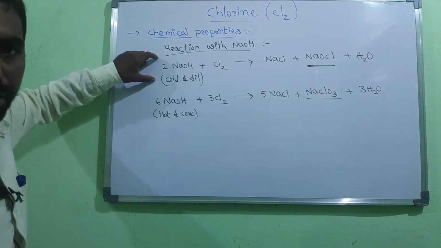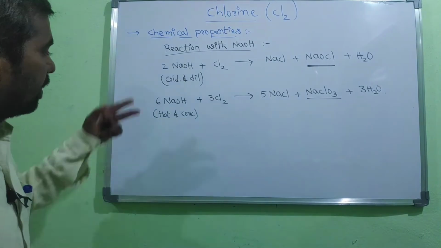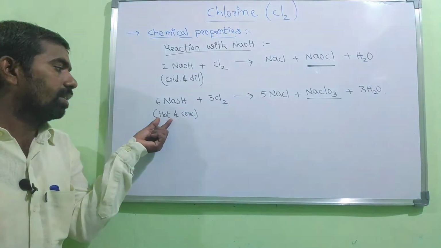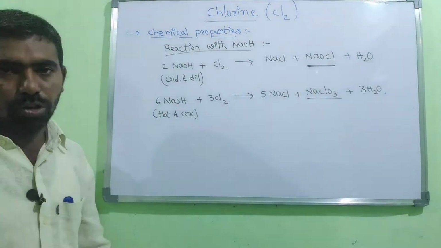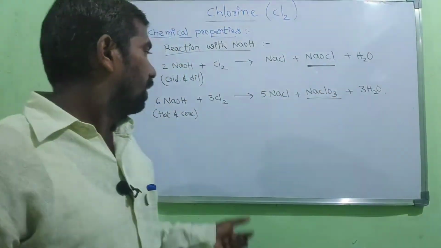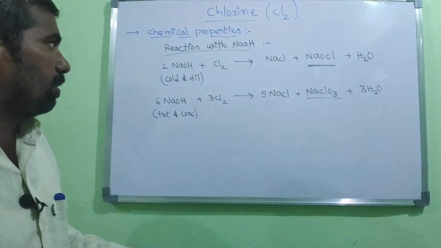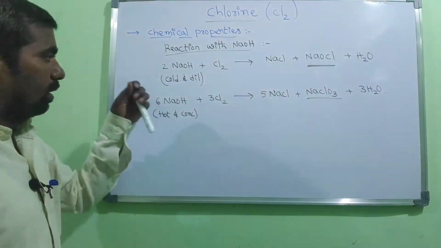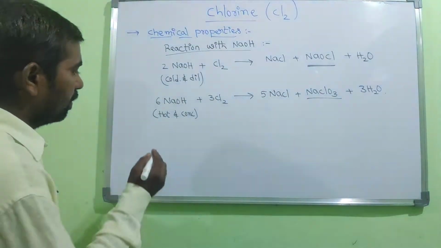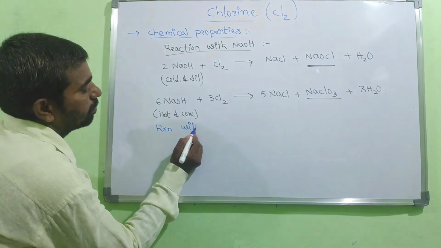So in the first reaction we have taken the chlorine and dilute NaOH. In the second reaction we have taken the hot and concentrated NaOH. In this chemical reaction the main product is NaOCl. In this chemical reaction the product is NaClO3. So that is about the reaction between chlorine and NaOH. So next one, reaction with